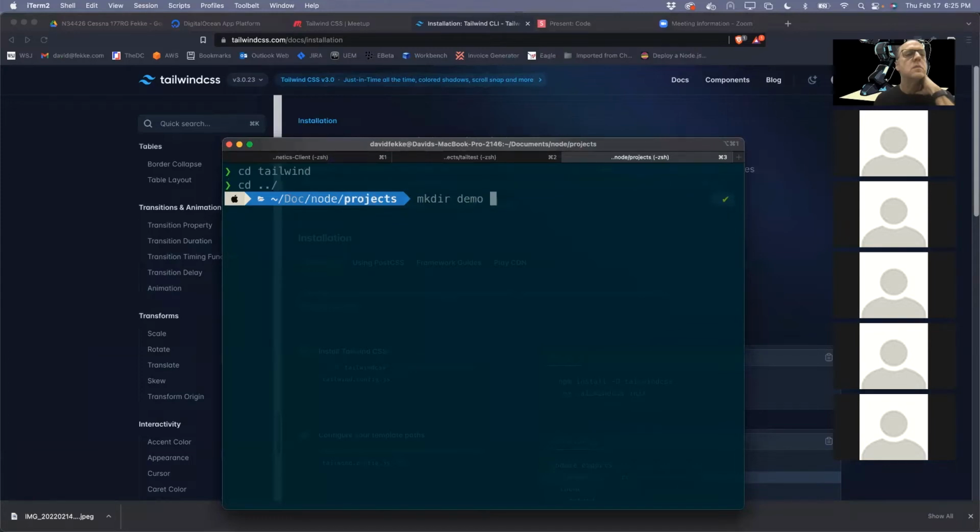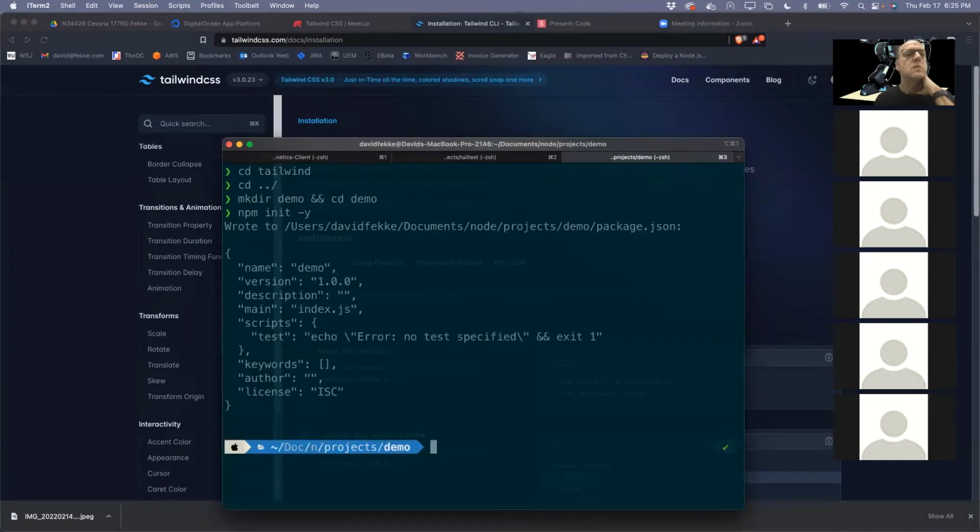Create a demo directory. CD into that. All right. So now what I'm going to do is I'm going to create an npm project and init it with all the defaults. So we've got our default